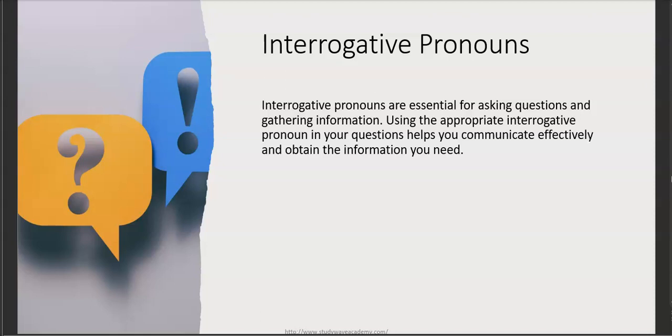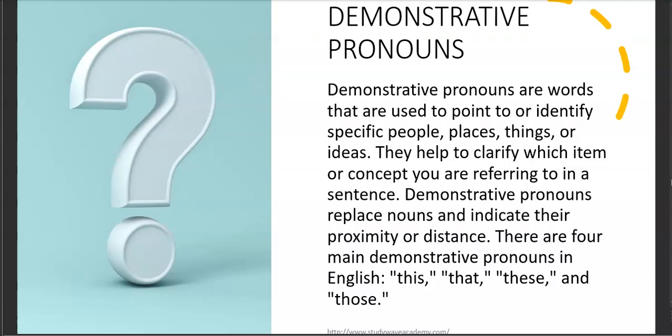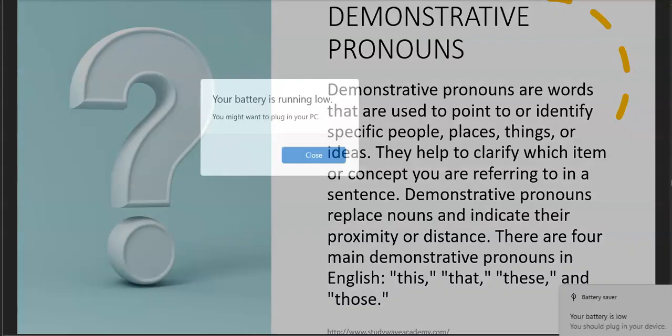After that, I will move to the next type of pronoun, and that is the demonstrative pronouns. It's very, very easy. With the demonstrative pronouns, they're just words that are used to point to or identify specific people. So listen again. These words are used to point to or identify